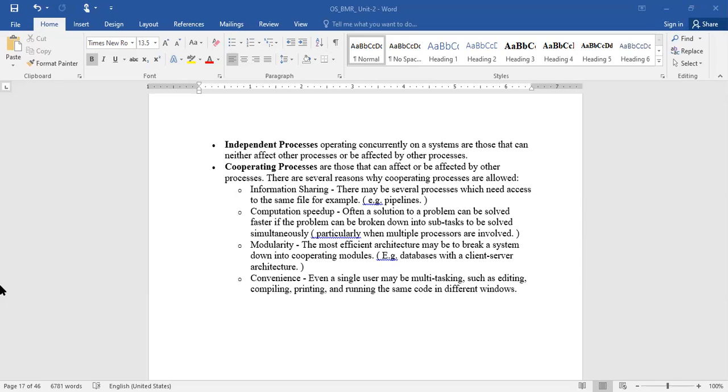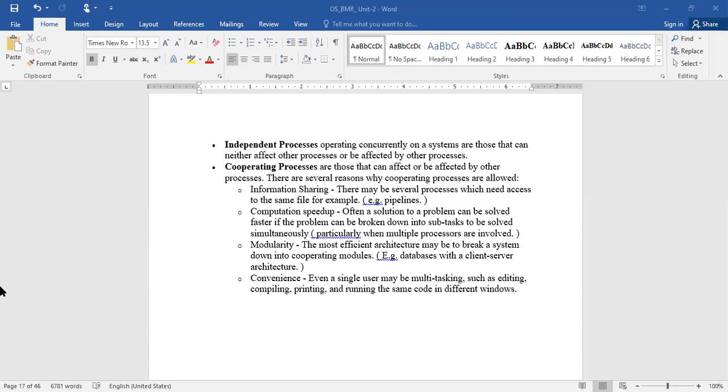During this, somebody may affect my operation or disturb my working environment, right? But intentionally, I don't want to disturb anyone else. Such processes are called independent processes, whereas cooperating processes can affect or be affected by other processes.